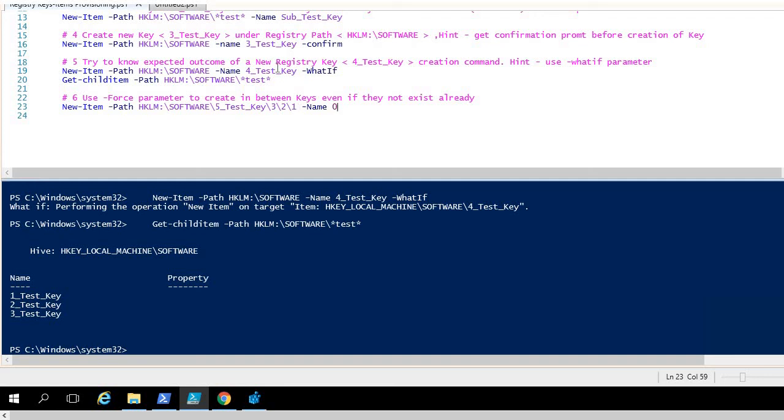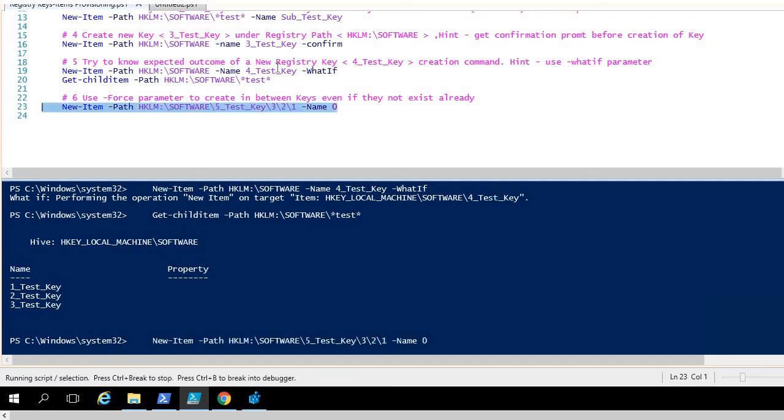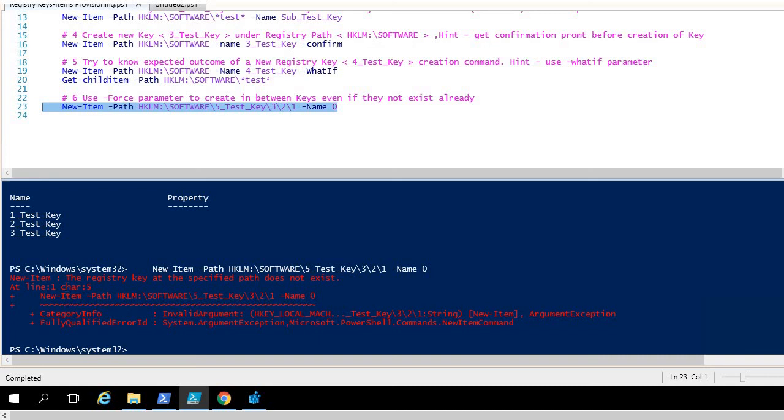Let me see what happens. It is giving me an error as expected, the registry key at the specified path doesn't exist. That's normal. Now let me run the same command using the -Force parameter and see what happens.